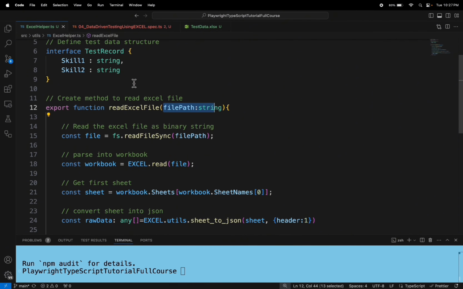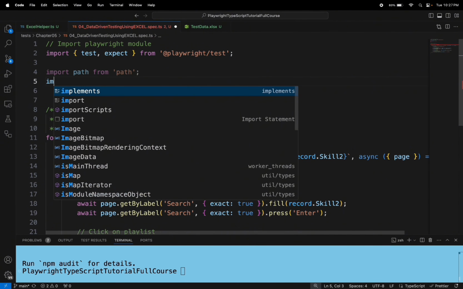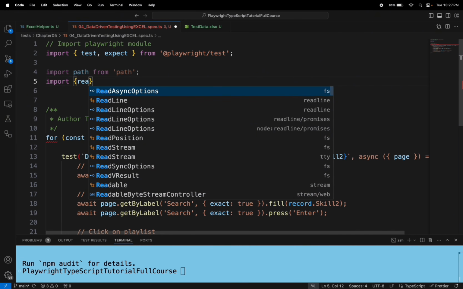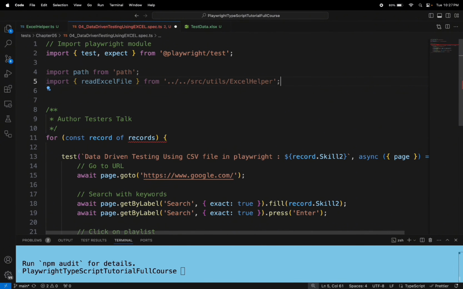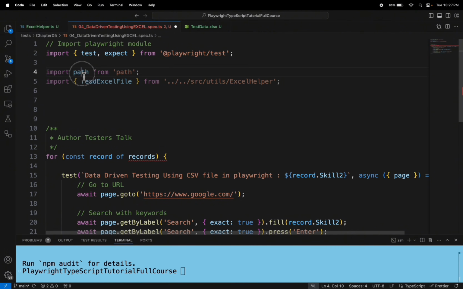utility function, right? So this particular function we have to import in our spec file. So let's import it by using the import, and here I'll say readExcelFile. So that's it. Now by using the path, I will get our Excel file path. So here I'll say path dot